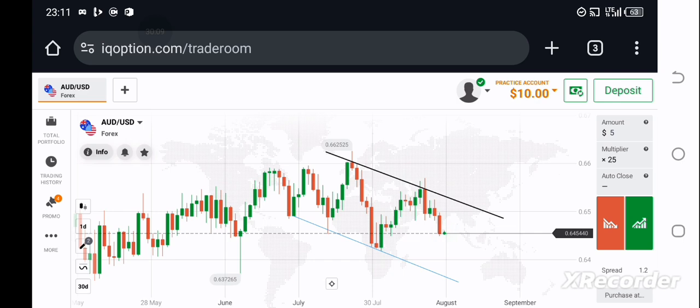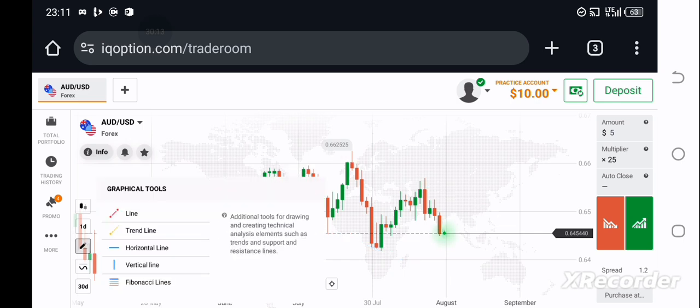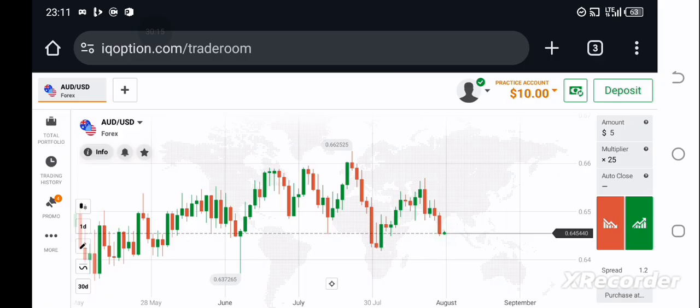Okay, so all these situations can be formed even on the lower chart, like the 5 seconds. Okay, so if you are trading on 1 minute, you can use 5 seconds to confirm your entry point. If you are trading on 1 hour, 15 minutes, you can use 5 minutes to confirm, just like I'm using 12 hours now to confirm for the daily chart, like I showed you earlier. Okay,